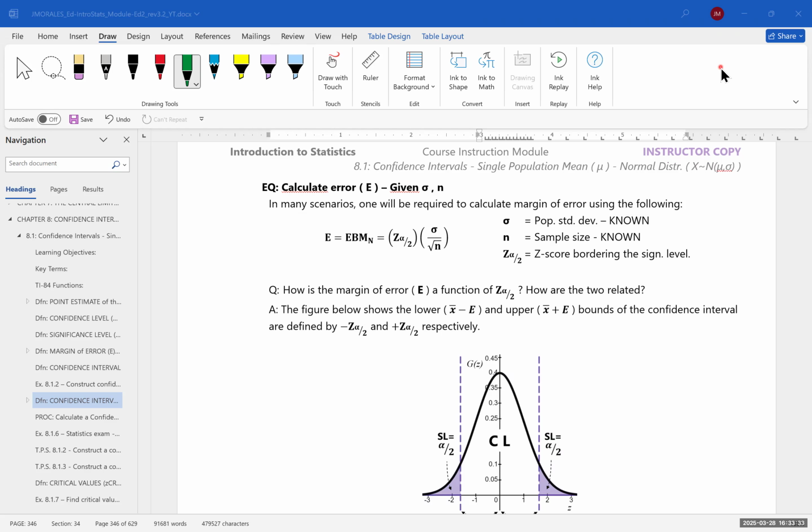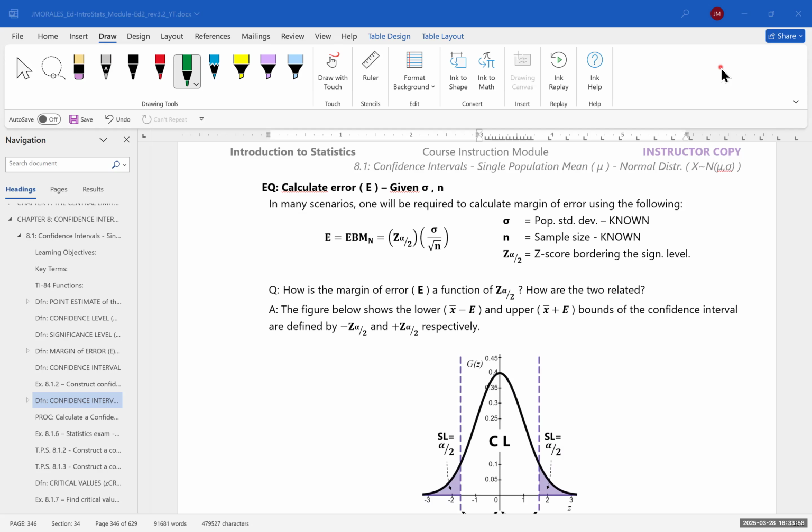Okay, so far, we've been working with confidence intervals. You've looked at the different formats. We know that a confidence interval is composed of a point estimate, plus and minus error. And in previous examples, you've been given the error, but we also learned about confidence levels and significance levels, but